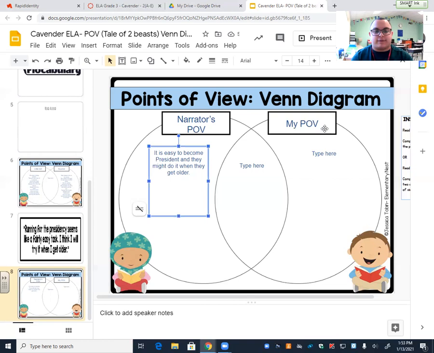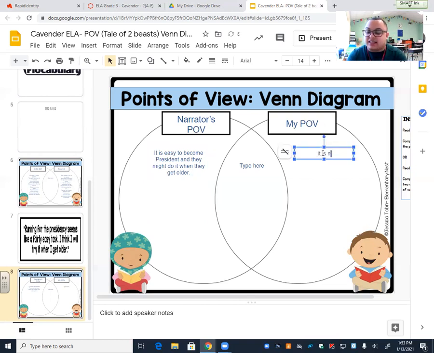Now, how is that different from your perspective? So my perspective, for example, is that it is hard to become president. You have to learn a lot about rules and laws of the country.